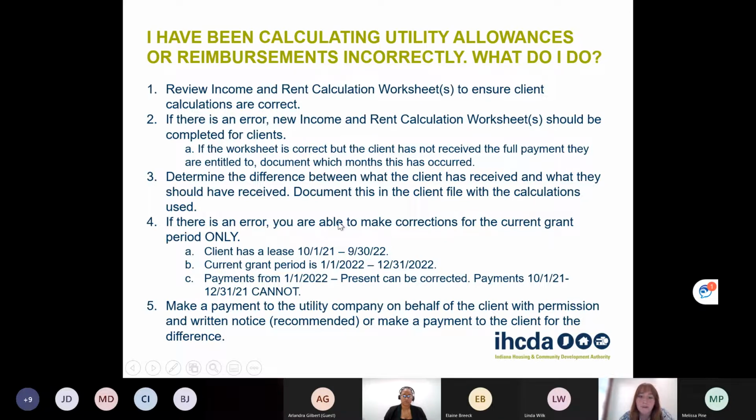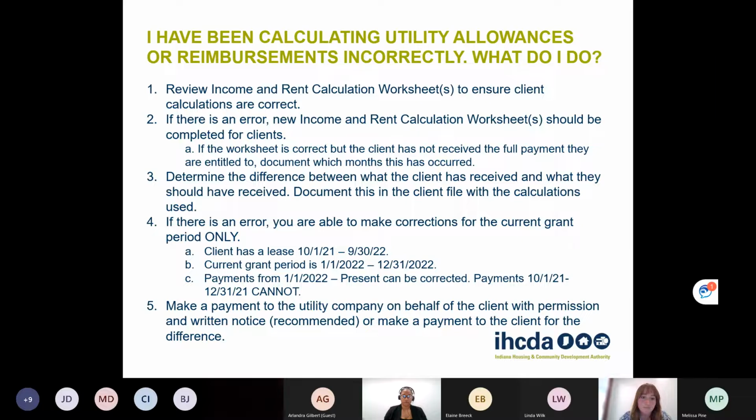And then a consideration when you are going through, if there is anything that has been determined to have an error, you need to make sure that if you are giving additional payments to clients, they receive the full amount of rental assistance that they're entitled to. You need to ensure that the period of time that you are giving them the payment for is still during